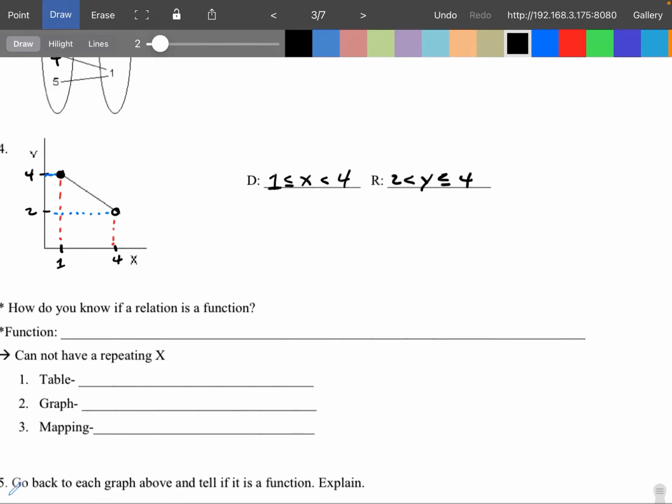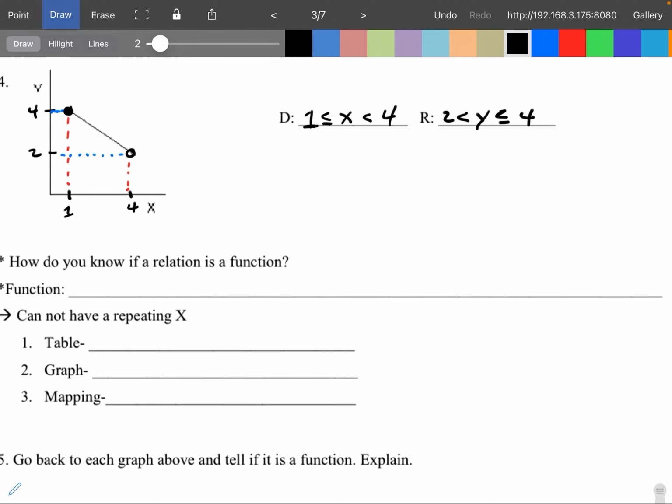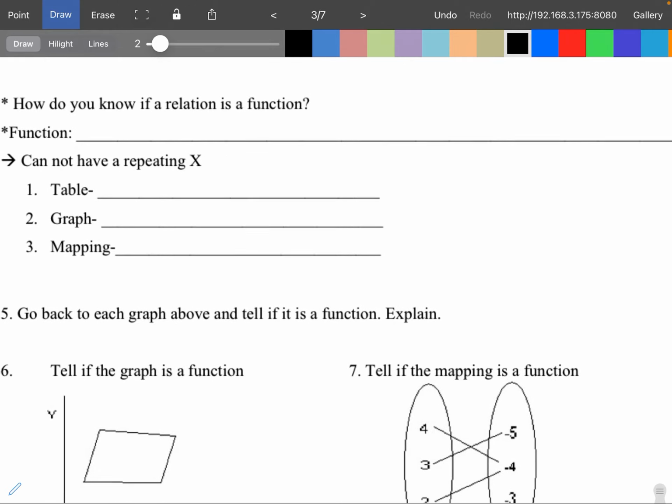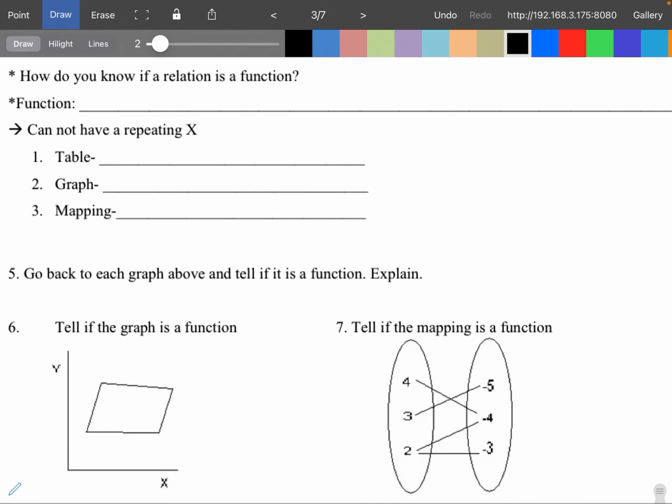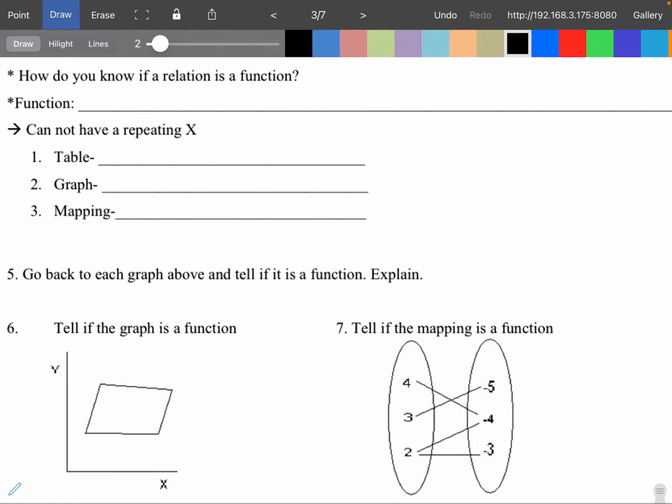The next part is you want to decide if a relation is a function. So pay attention to this part, okay? It's still a relation. It's just a special case of a relation. That's what a function is. So I'm going to write down the definition of a function for you guys right here. So a function, well, it's a relation where for each x,